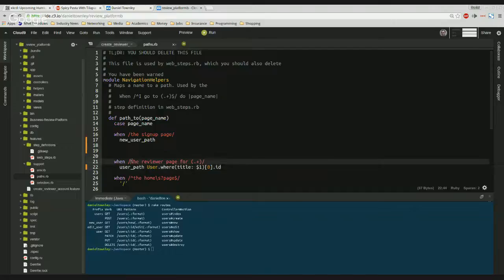Okay. So I define those in paths.rb. So basically, whenever in the user stories we say it will redirect to the sign up page, or it will probably show the reviewer page, then we need to add those mappings here, right? Exactly, yeah, because in the user stories you just have this natural language string, and you need to actually connect it to the path. And so this is just its user path, and this will supposedly return the